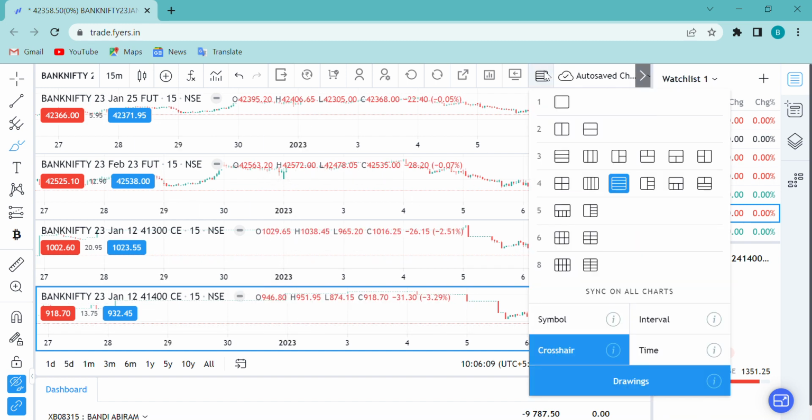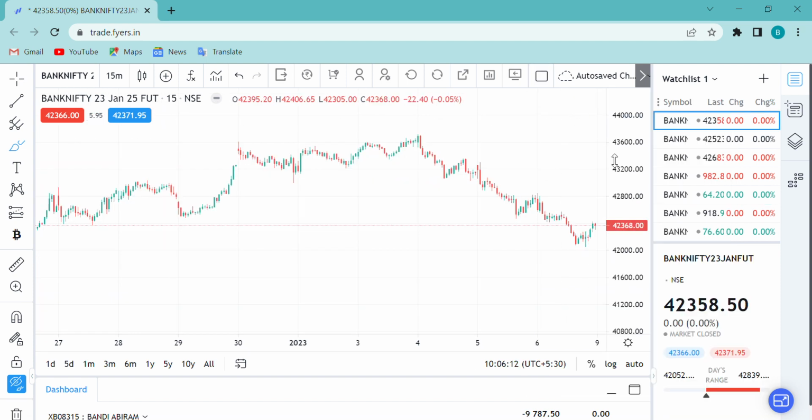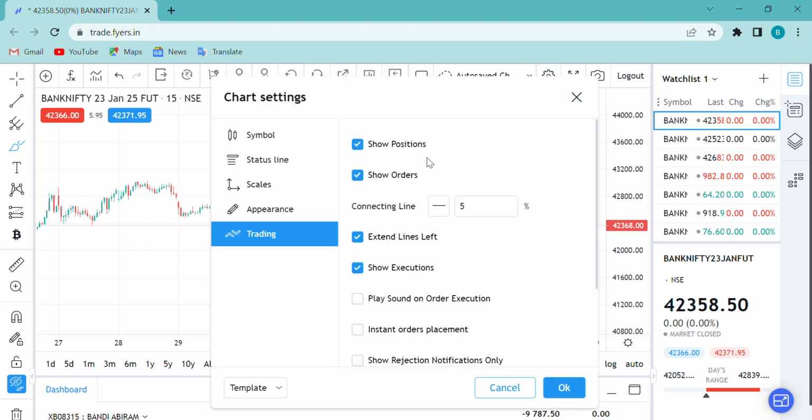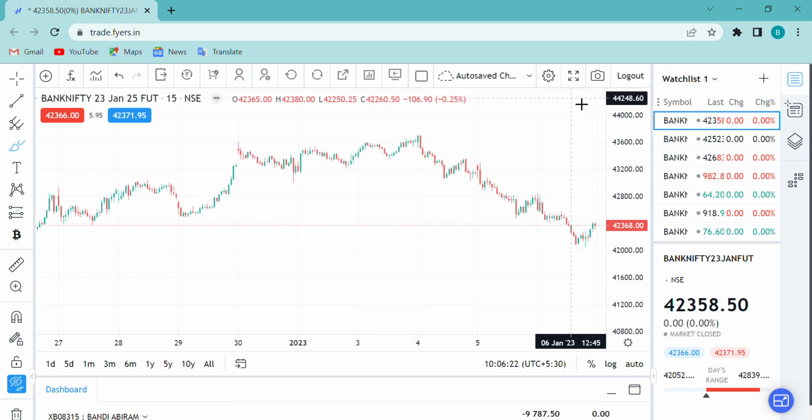And let me go with the default one. And then we have auto saved changes. It automatically saves changes. And these are chart properties. If you want to change anything, you can change it. And this is nothing